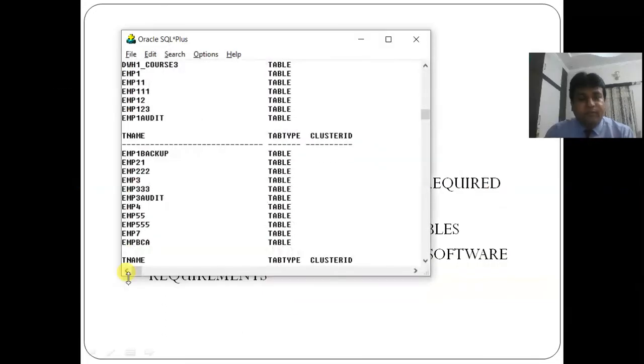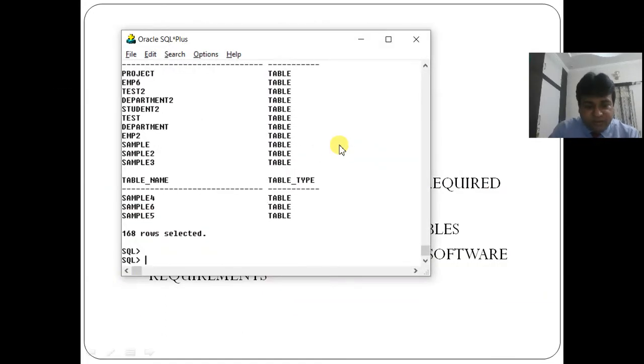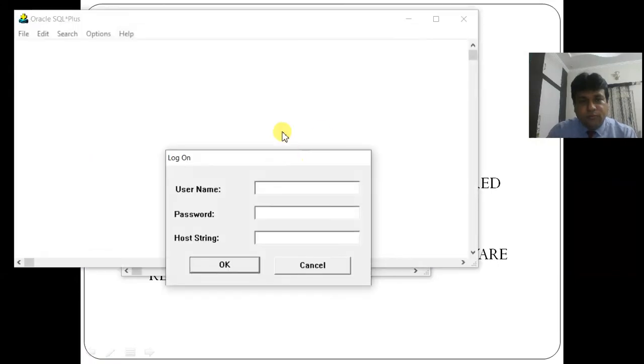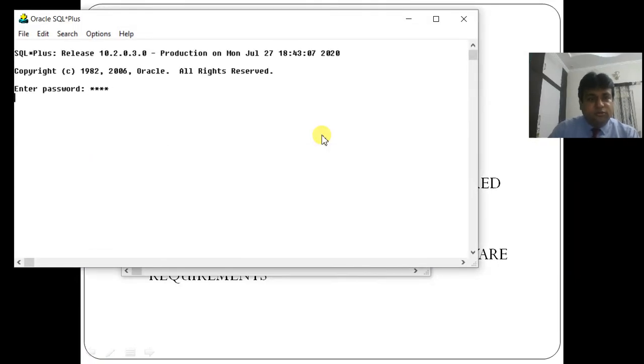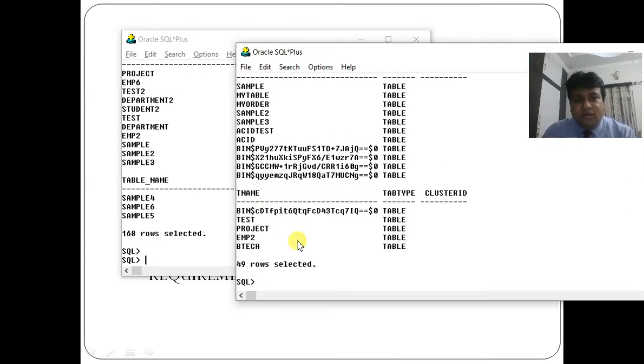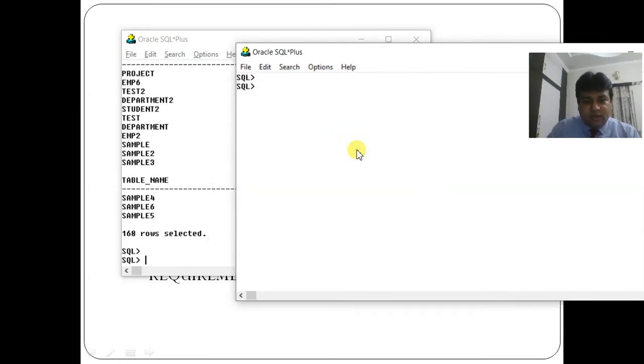What we were doing was seeing the list of tables. So if we try to connect with some other user, let us do it also. Now I will connect with some other user. You can see now I will type show user. The user is CSC. Select star from tab. You can see there are 49 rows. Now if I show you a sample table again, select star from tab.